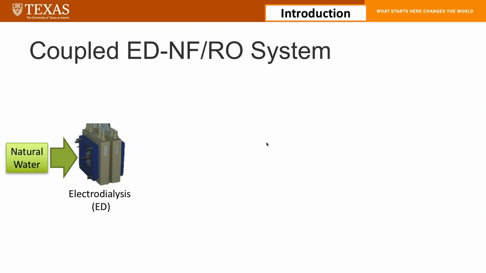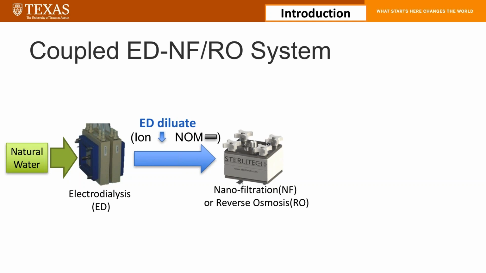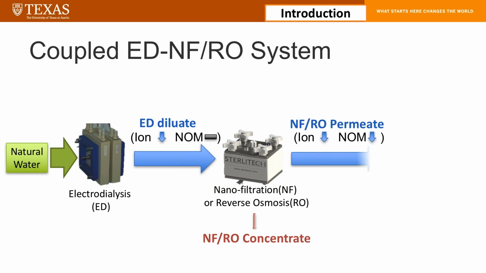So here's more detail about the coupled ED-NF/RO system. First, we put the natural water into electrodialysis, and then we get the ED dilute with really low ion concentration but unchanged NOM concentration. Here, dilute means the clean water produced from the ED. And then we put the ED dilute into nanofiltration or reverse osmosis,